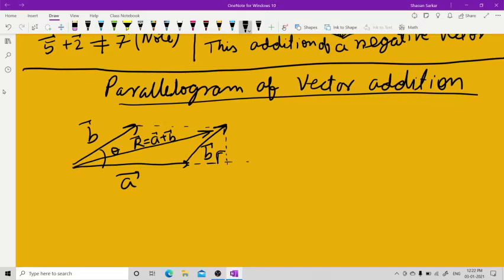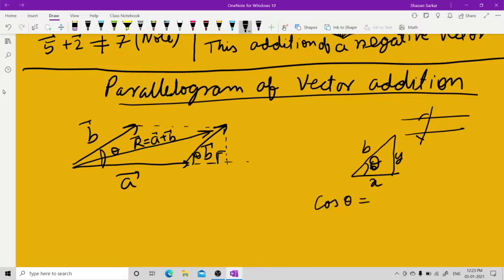Now you have already seen in class 10 this angle, this is theta, and this is also theta because this is a transversal. These are corresponding angles. Now you draw this much picture here. Now this is your B, this is your theta, this is your Y, and this is your X. Now in class 10th you have seen that cos theta is base upon hypotenuse. So therefore x is b cos theta.